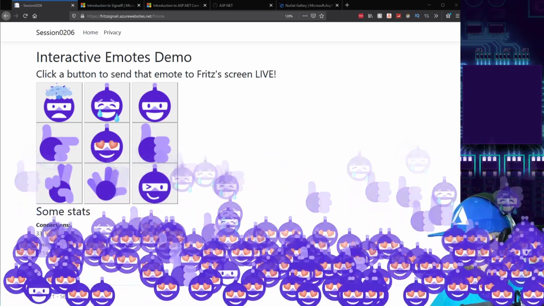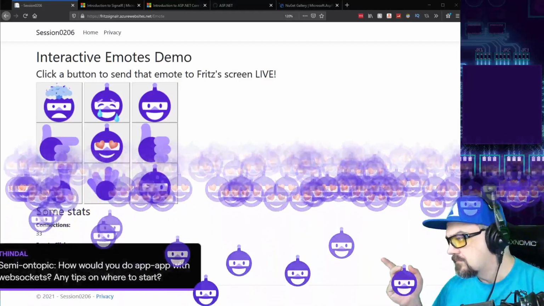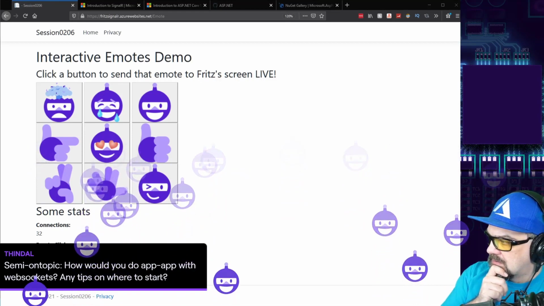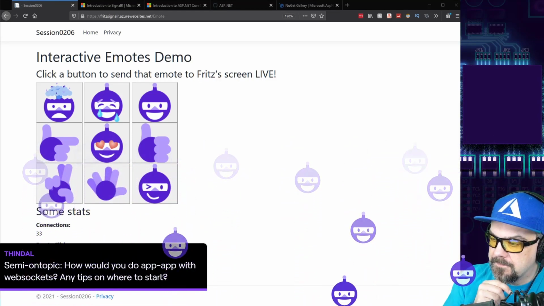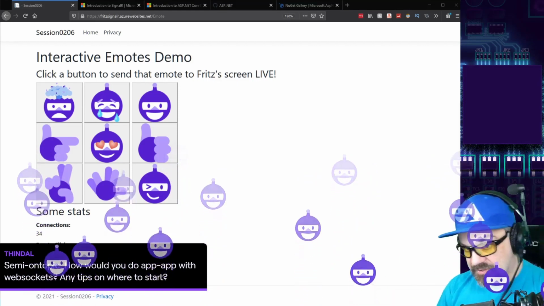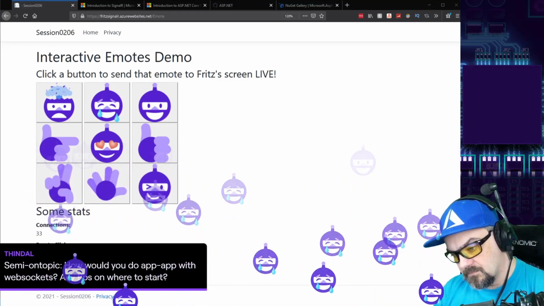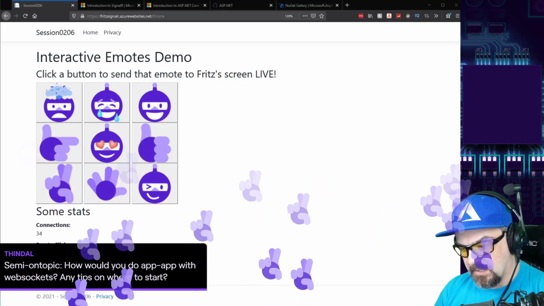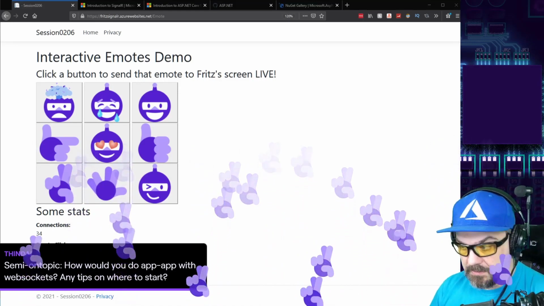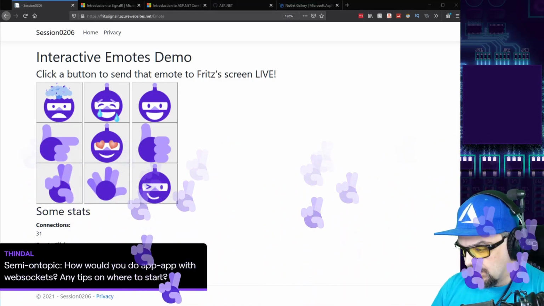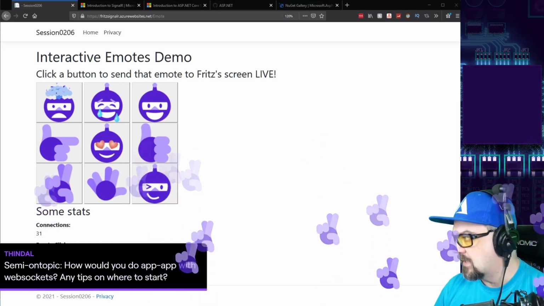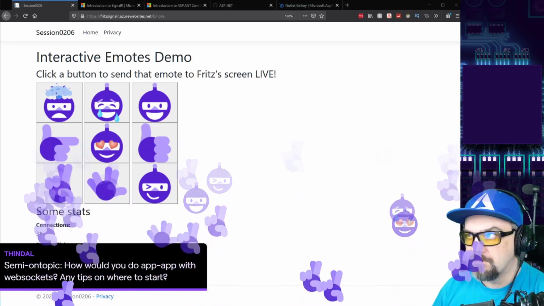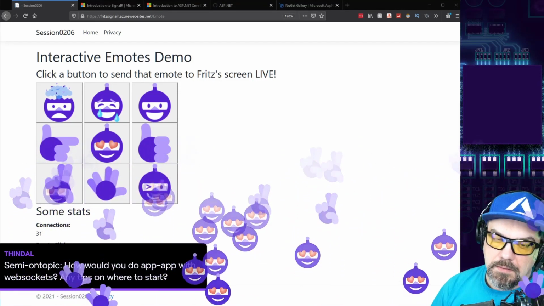Thindoll has a question here. How would you do app-to-app connections with WebSockets? Why WebSockets? With WebSockets, you're clearly connecting out to a server. If you're doing connections between servers, you don't want to use WebSockets. You probably want to use just sockets. So you're doing server to device. Okay, if you're doing server to device, then I wouldn't use WebSockets if you don't have to,